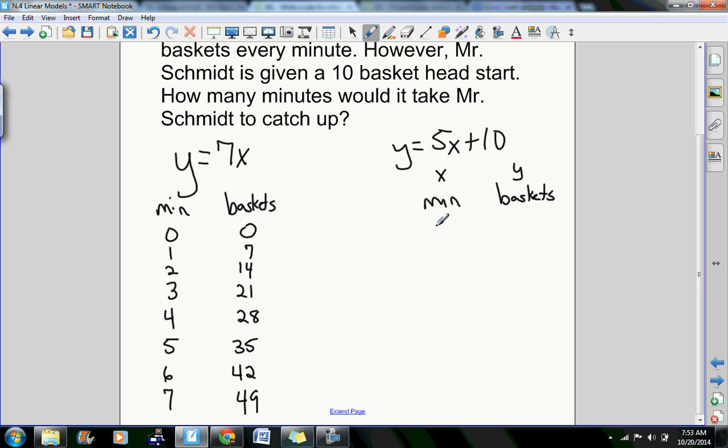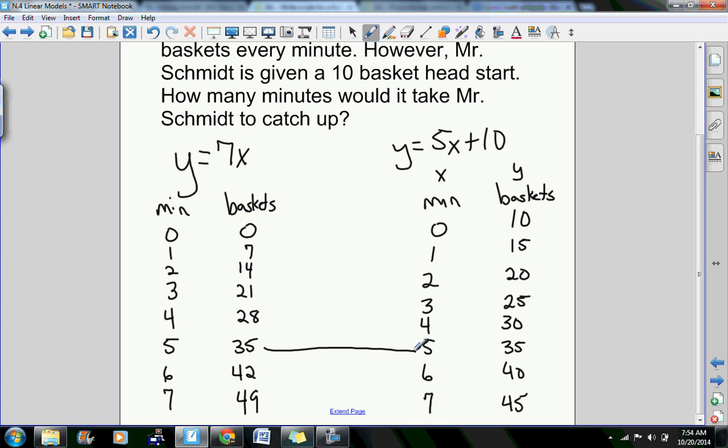Mr. Schmidt's, by extension, is going to be a little bit tougher. So this is going to be, he has the 10-basket head start. This will be 15, 20, 25, 30, 35, 40, and 45. So if we look at our table, we've got to find out where they match up, which appears to be 5 minutes,